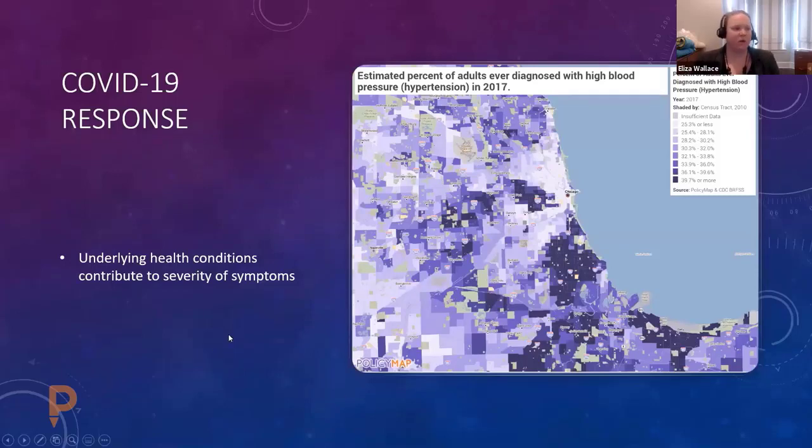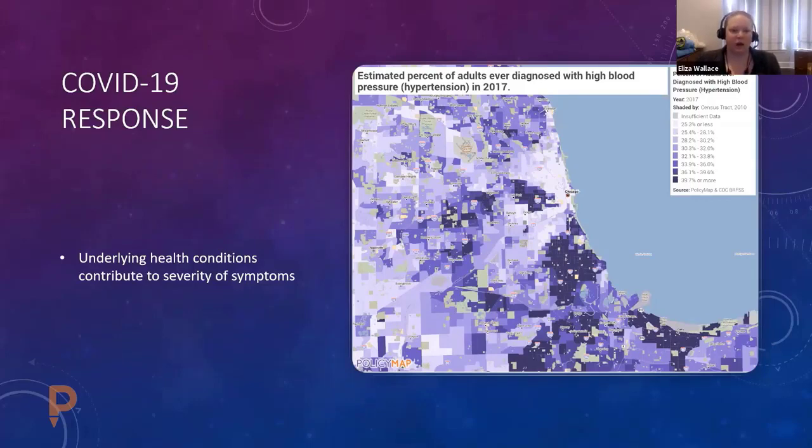Then we start to think about, okay, well, why would that be happening? Here's an example of one of the underlying health conditions that we know can lead to severe symptoms from COVID-19. You can see it's not only minority neighborhoods, but specifically the predominantly Black and African-American neighborhoods that experience those high rates of hypertension, which the CDC also found folks tend to have bad results from COVID-19 when they have hypertension. And so then you drill down further. Okay, well, why do we see that correlation between the Black community and